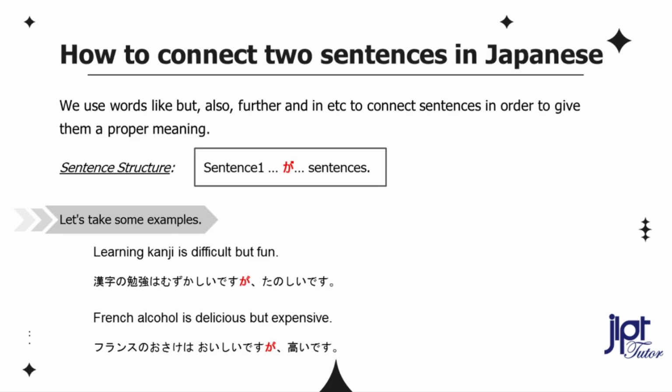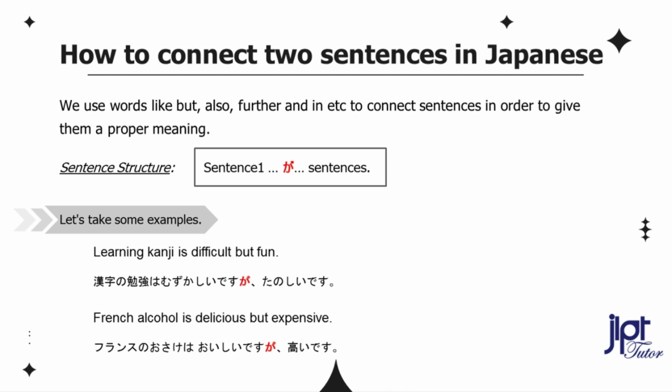How to connect two sentences in Japanese. In English, we use words like but, also, further, and in, etc. to connect sentences in order to give them a proper meaning. How to do that in Japanese? You can simply use particle ga to connect sentences. Let's take some examples. Learning kanji is difficult but fun. 漢字の勉強は難しいですが楽しいです。